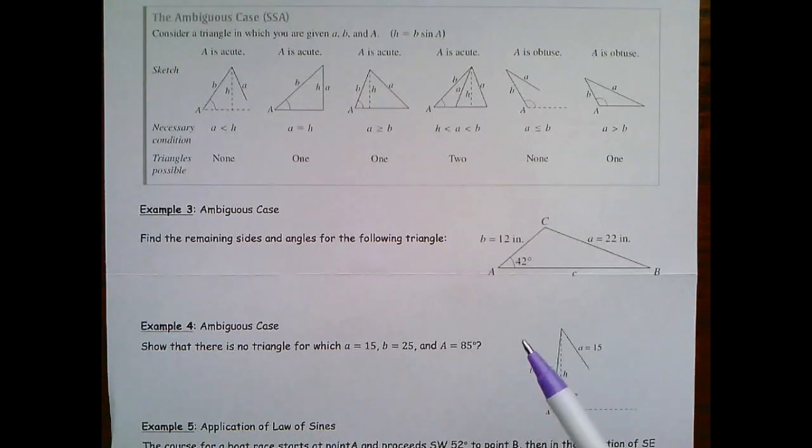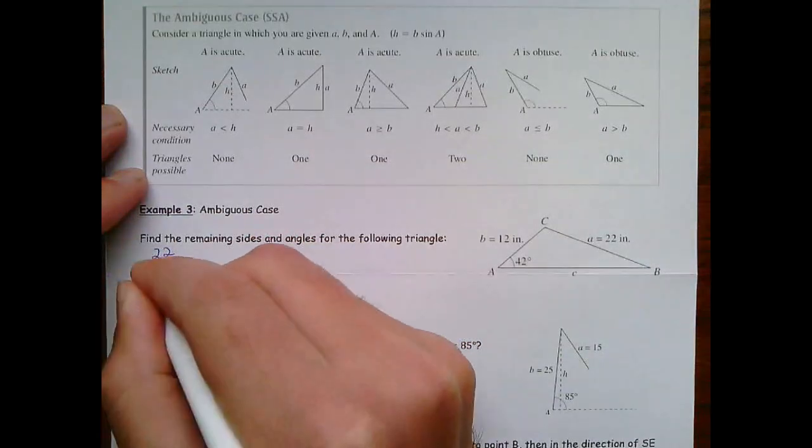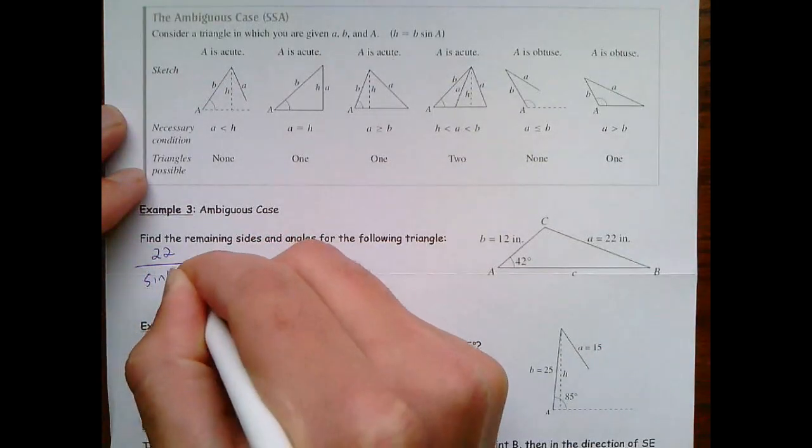Could I use the Pythagorean theorem? Could I say 12 squared plus 22 squared is equal to c squared? Well, no, I can't use the Pythagorean theorem because we're not in right triangles anymore. We're talking about oblique triangles, and the Pythagorean theorem is only for right triangles. So the only thing that's going to get me out of it is the law of sines. Which piece of information must I start with? I definitely need to start with this. I know that side a is 22 and angle A is 42, so that has to be included in my calculations. So I would say 22, the side a, all over sine of the angle A, which is 42, equals